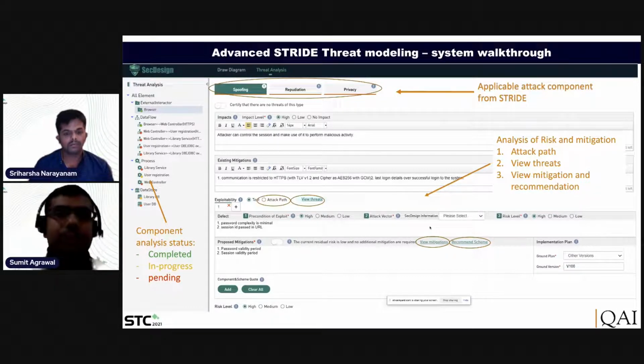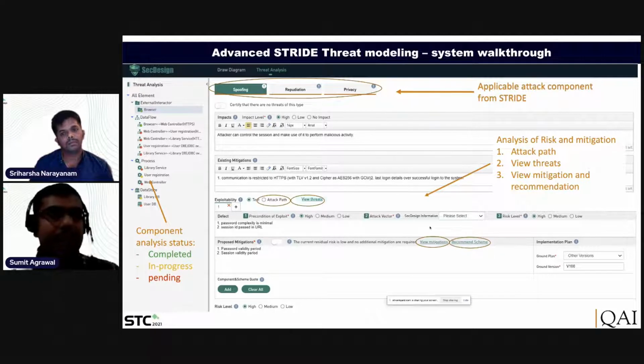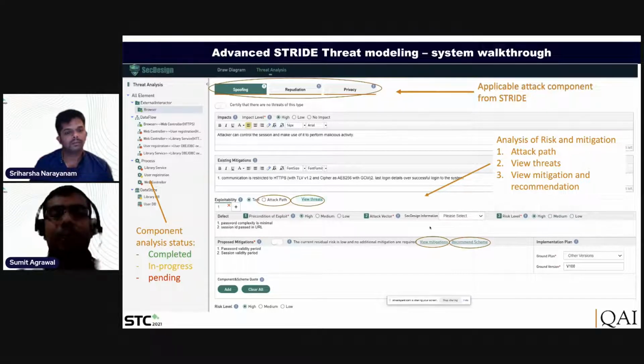And over that right panel it will provide a detailed description about the attack pattern. For the browser here, as an example, three STRIDE attack patterns are considered: spoofing, repudiation, and privacy. And down for each attack pattern it provides a detailed analysis, like if there is spoofing, what can be the impact if this component, the browser, is spoofed by some